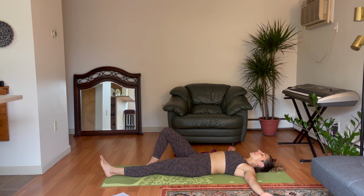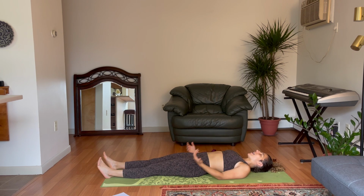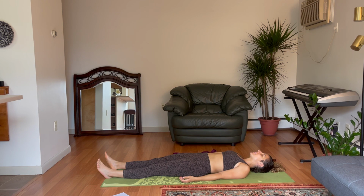If you can, take a minute with me in Shavasana, and if you have more time, go ahead and just take it. Just pause and take it. Set a timer is what I usually do. I'll put my phone timer on and I'll just set 10 minutes so I don't have to think if I'm gonna miss it or anything. But for right here in our Shavasana,